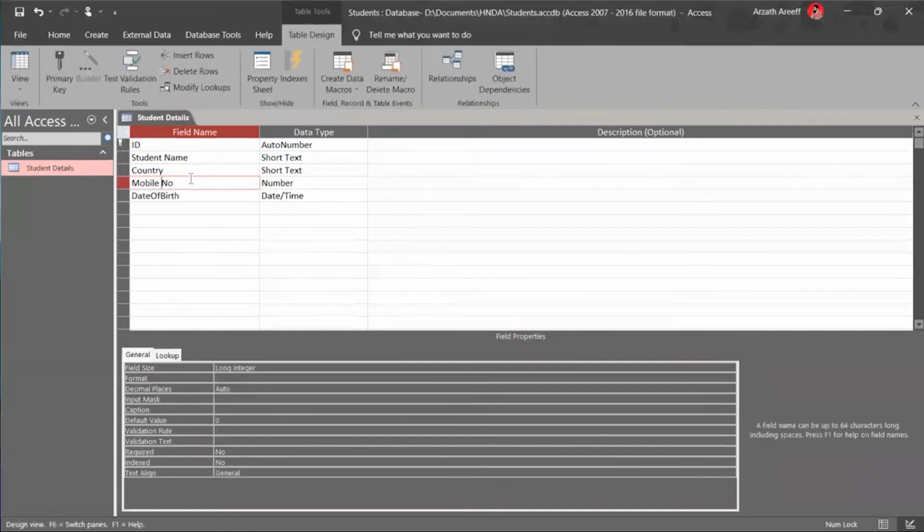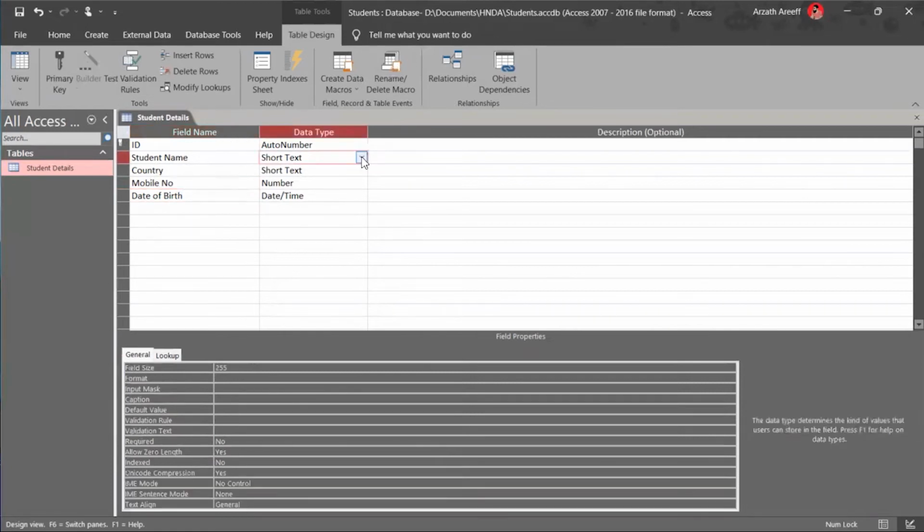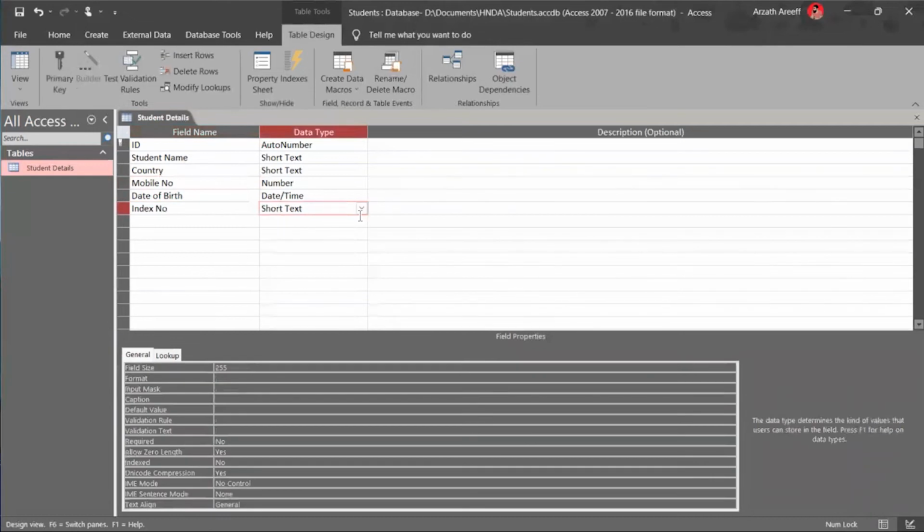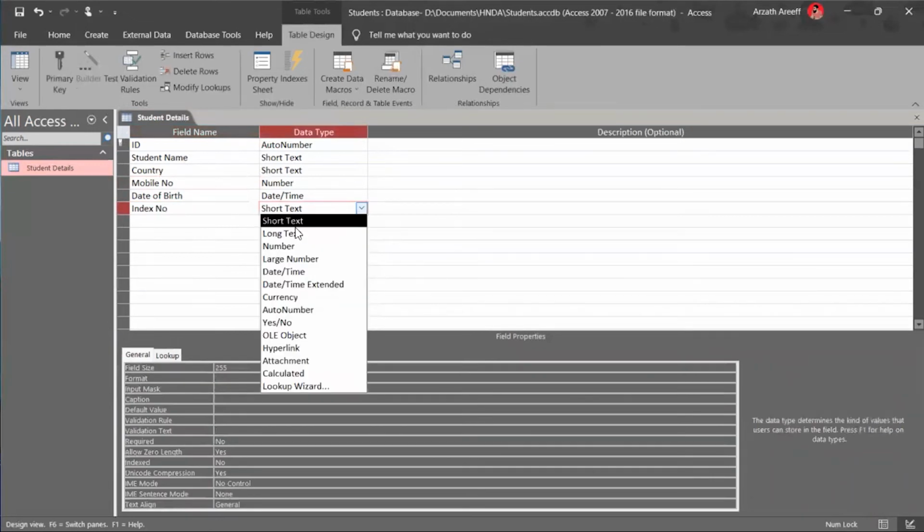Mobile number, I have to give space. Here, date of birth also I have to give space. So here, if I want to change the field, also we can do, right? Here you can create another field also, like index number. If I want to add index number, so sort text, no, index number will be